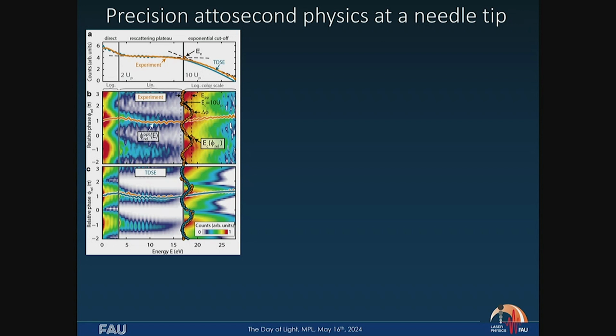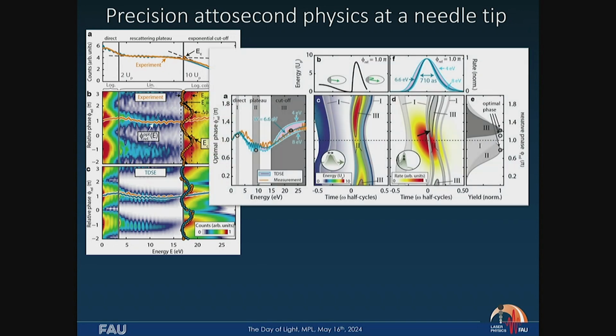We can now record these electron spectra. Here you see this famous recollision plateau. That's what brought Anne L'Huillier the Nobel Prize in Physics, understanding what this plateau is due to. We can record this plateau as a function of the relative phase between these two colors. And from these spectra, we can uniquely work out what the emission duration is. Here, let me just sketch it for you. Here we look at the energy of an electron emitted in one cycle of the laser field as a function of the relative phase between these two colors.